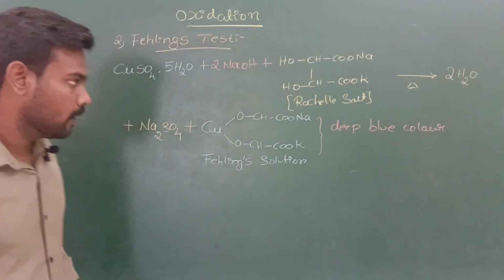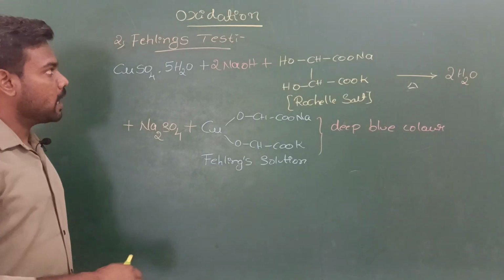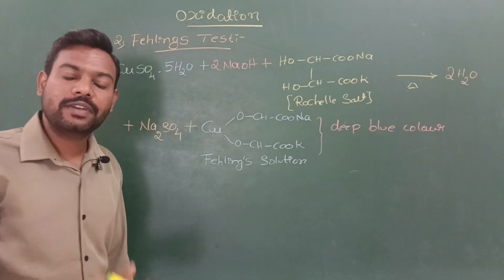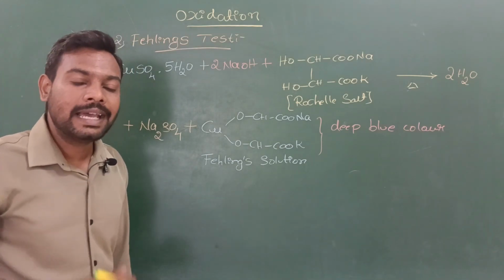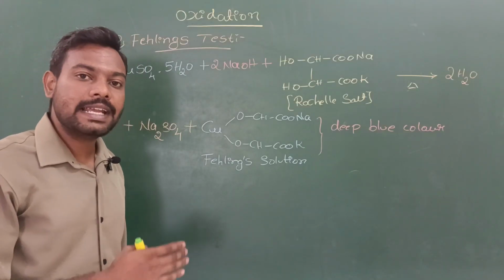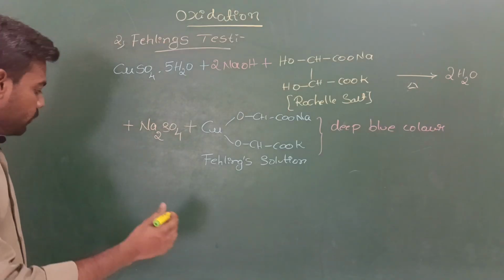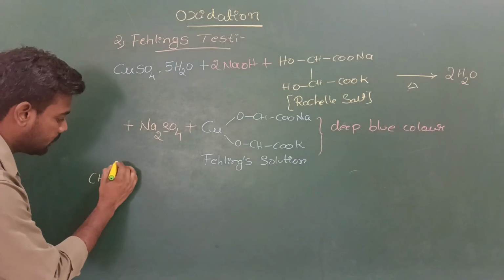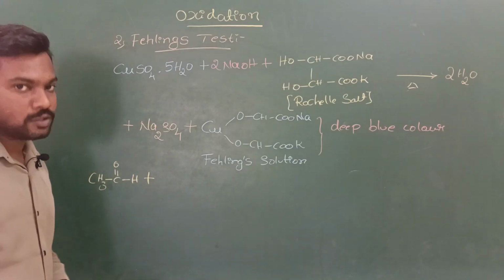Clear? Okay. When aldehydes react with Fehling's solution, they form a red brown precipitate, which indicates the presence of the aldehyde group. For example, when acetaldehyde reacts with Fehling's solution,